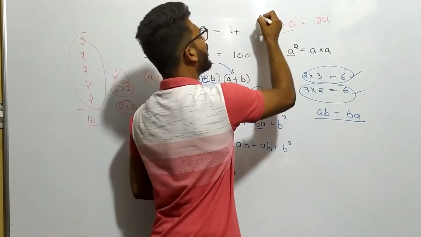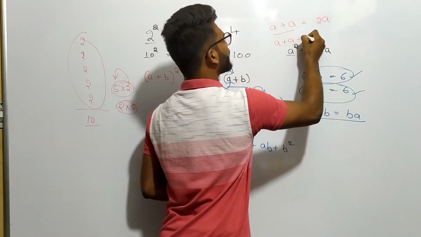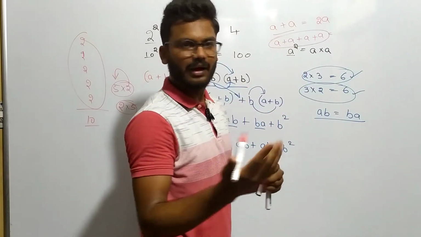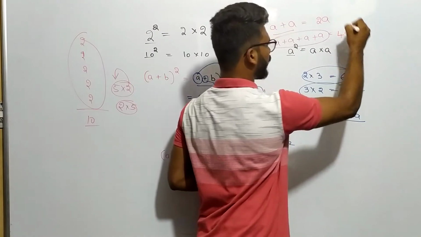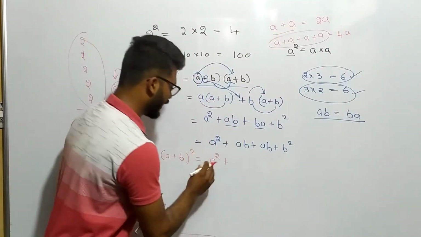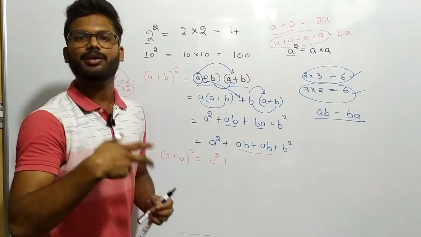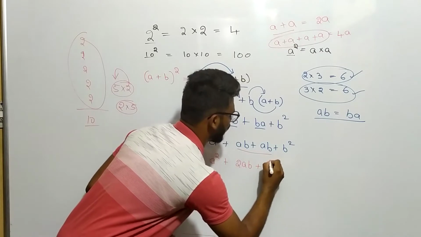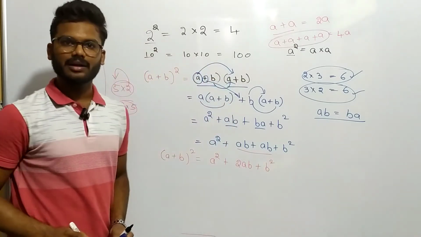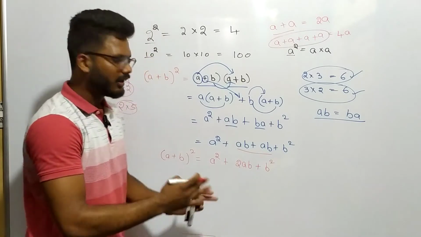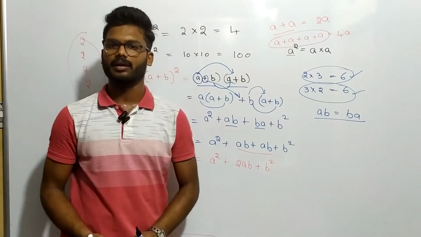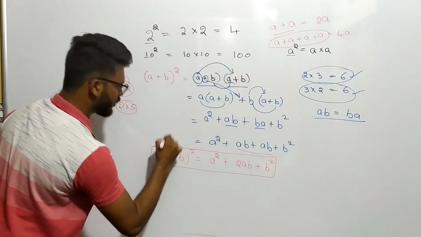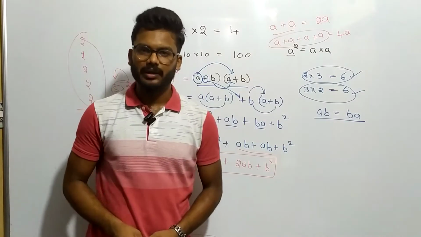So in algebra, as many times as we add, a + a + a + a, you are adding a 4 times, which is nothing but 4a. In the same way, ab + ab, you are adding ab 2 times, which is 2ab, plus b². Here there are no more like terms, right? You may say here I have a and here I have a, but the power should be the same and the same variable should be there. So the final result is (a + b)² = a² + 2ab + b².